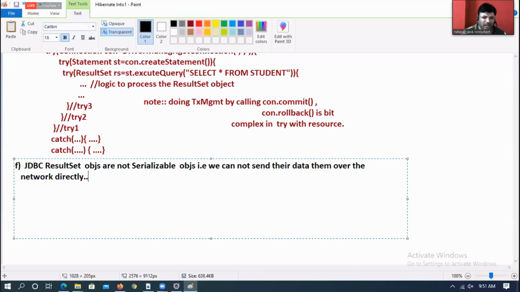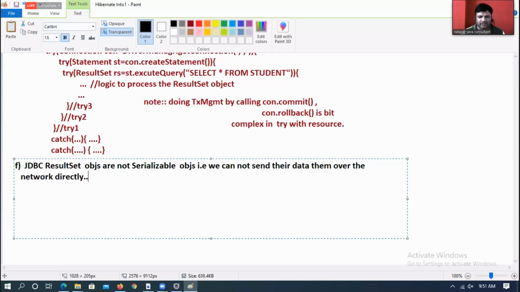Between PayPal and Flipkart, the network will be there or not? Yes. Let us assume PayPal is getting the data from the database in the form of a result set object. Can I send that result set object data directly over the network to Flipkart.com? No. Directly not possible.